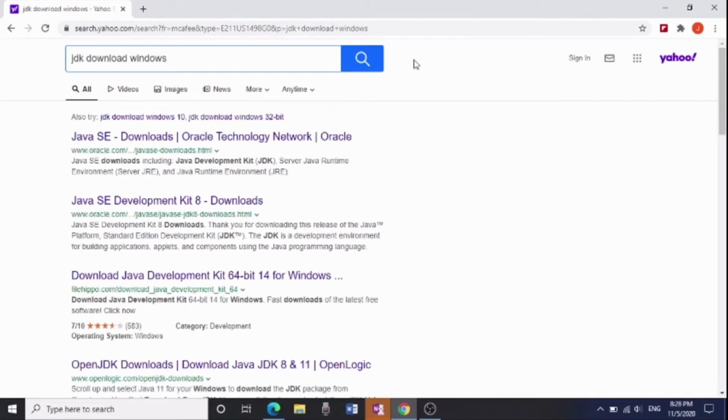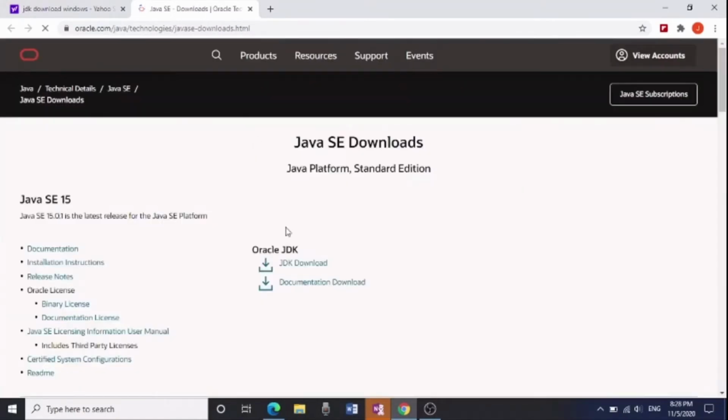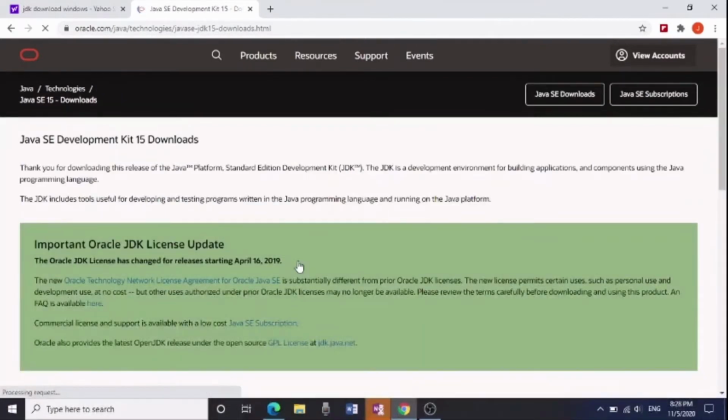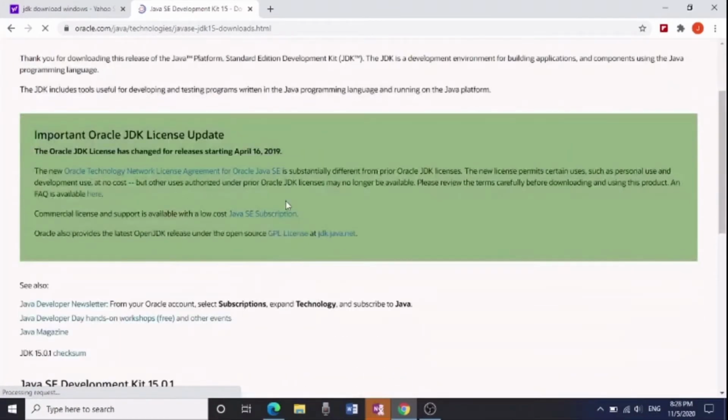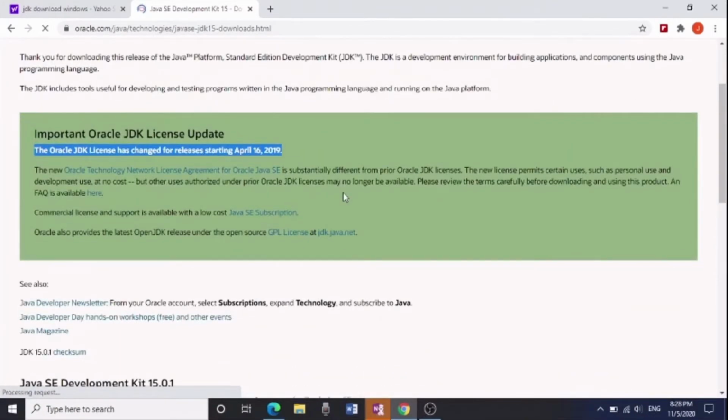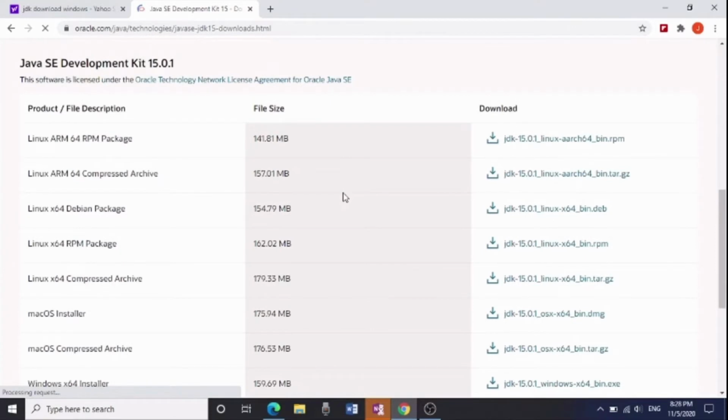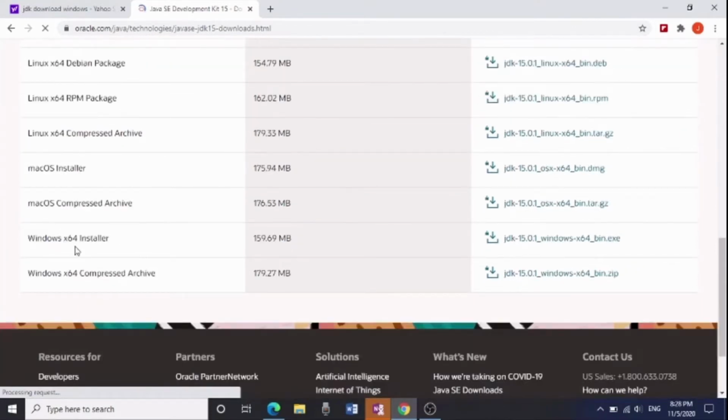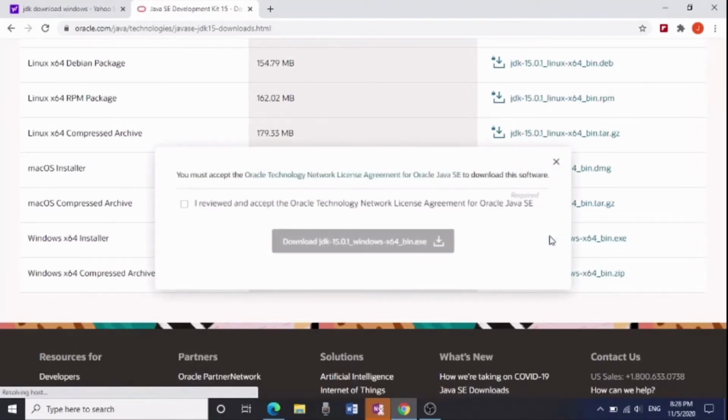So I'll click on the first thing that shows up, and then I'll click on JDK download, and now I'll scroll down to the Windows installer right here, and then I'll press on here, and then I'll say that I have read